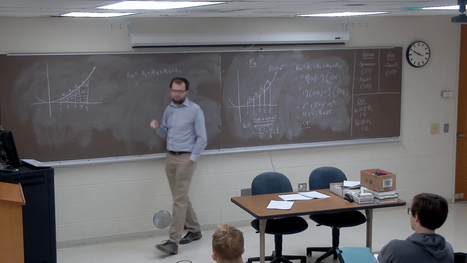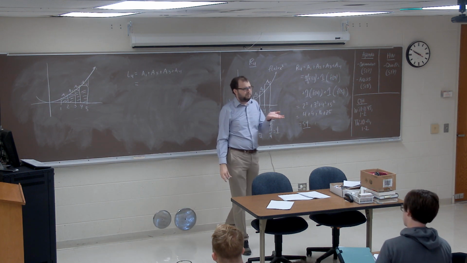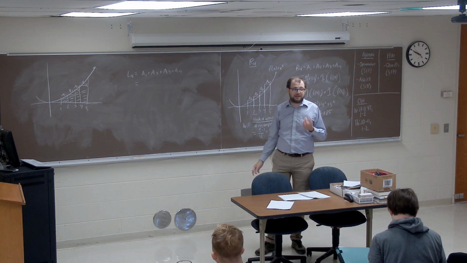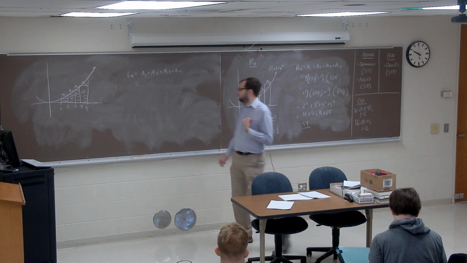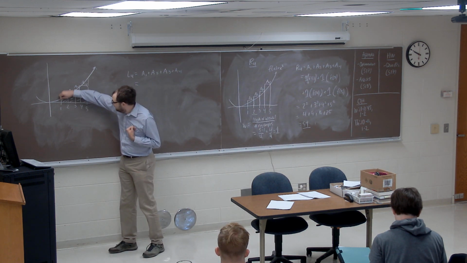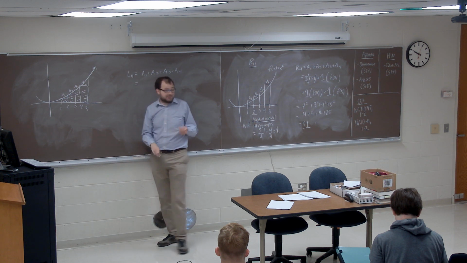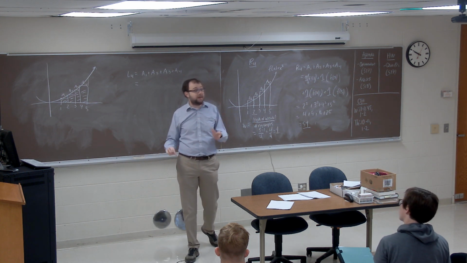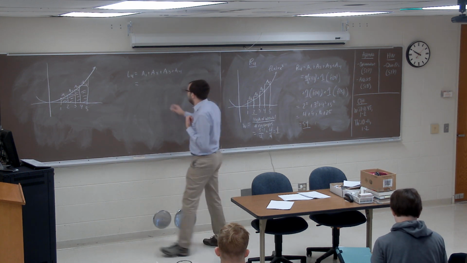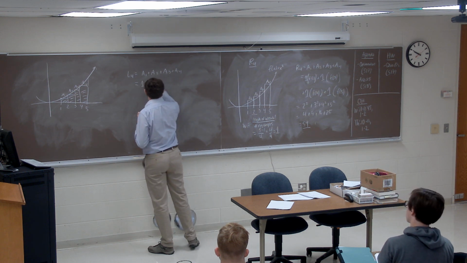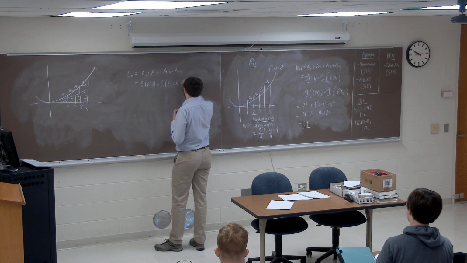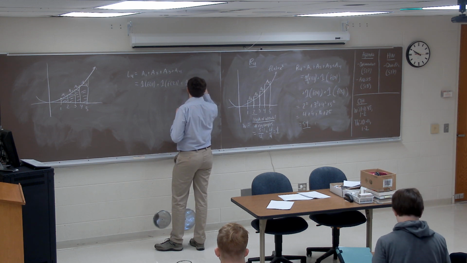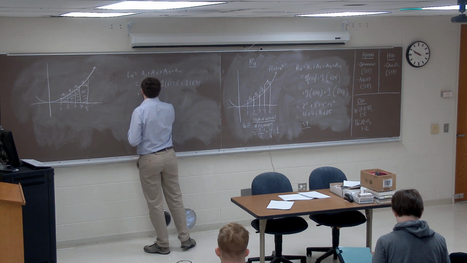Except this time, Liam, what's going to be the height of the first rectangle? Yeah, it's going to be 1, coming from the fact that you would take f of 1. So that's going to be 1 times f of 1. Second one would be f of 2. Third one would be f of 3. And the fourth one would be f of 4,